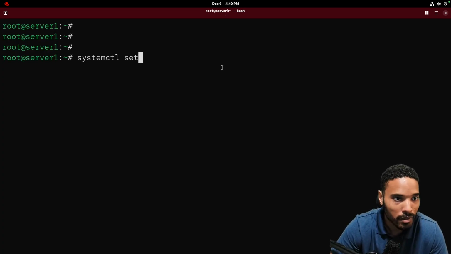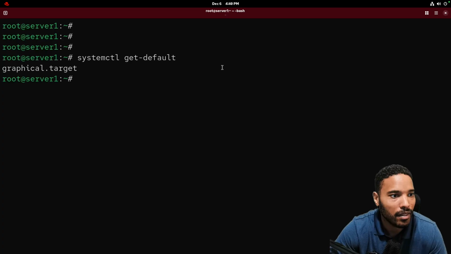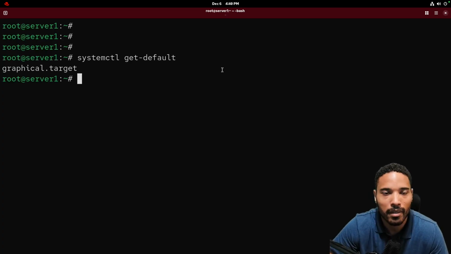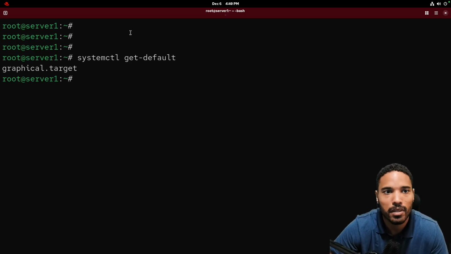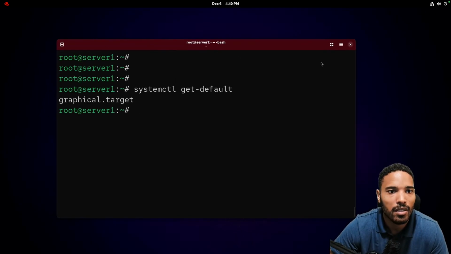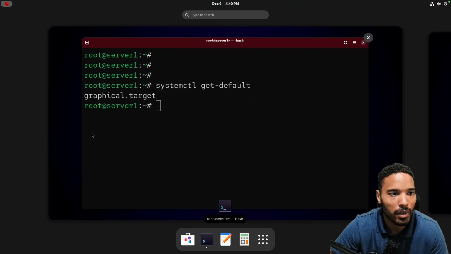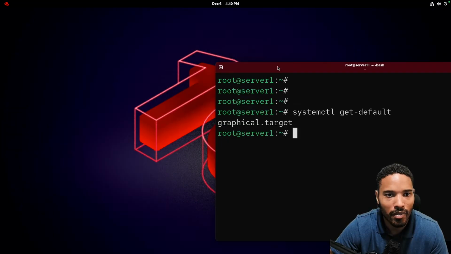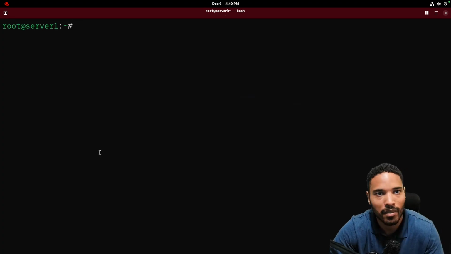So what we're going to do here, not set, sorry. We're going to do get default like this, right? You don't have to put anything. And then you can see this is the graphical, right? Because this graphical here, and I'll just, let me see if I can minimize this. So this is the graphical here. You can see we got a desktop. We have here the GNOME desktop here. And so it brings in all the files and services that we need to run this whole desktop environment,